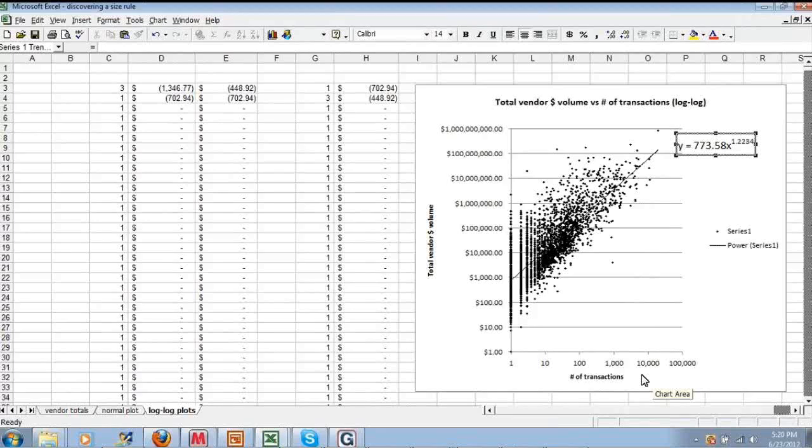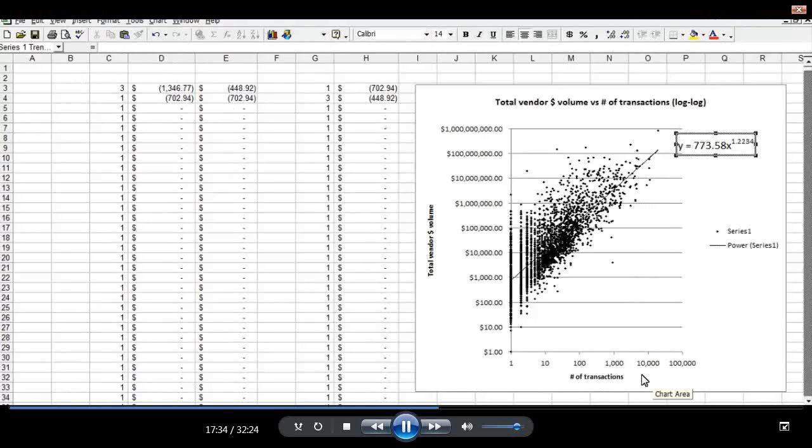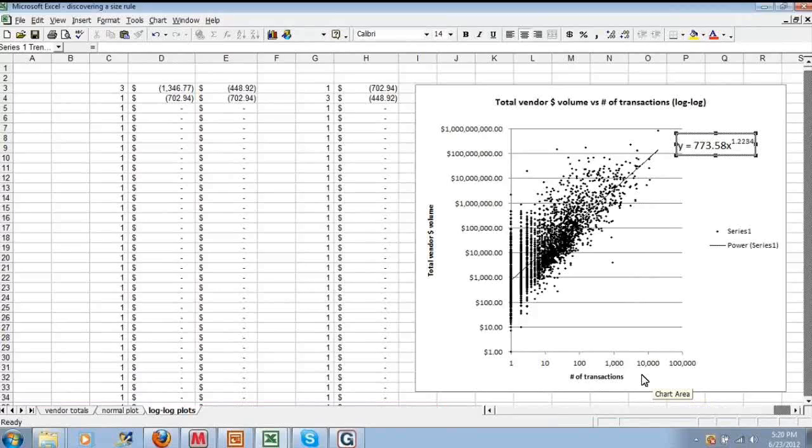What I want is for you to see that the trend is now visible. Now we can draw a line through these points and we can say, look, the total dollar volume increases with the number of transactions. And that's a very basic relationship that you would expect to have. I mean, if I asked you just out of the blue, what do you expect? Sure, more volume. Now we can be more precise. We can say, what's the slope of the line here? How steeply does the relationship climb? We could imagine it climbing more steeply or less steeply. We can sit down and try to quantify how much of a climb there is.